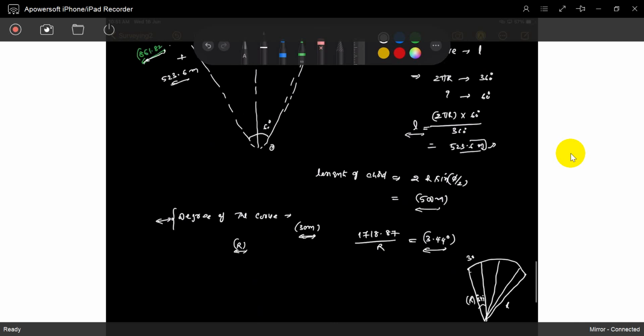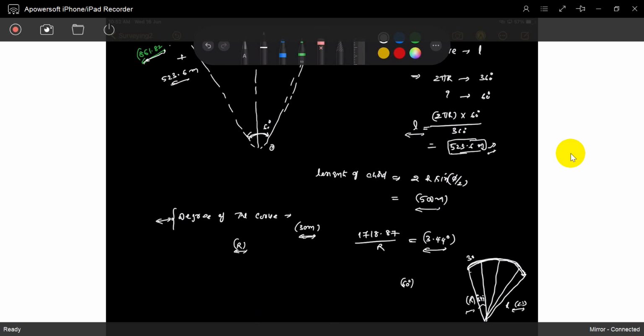So the length of the curve is 523 meters, na? For 523 meters, how much angle is covered? It's 60 degrees. I already know, it's 60 degrees. So 523 meters covers 60 degrees. We just calculate that if it is a 60 degree deviation of angle, based on that r, how much is the length, 523.